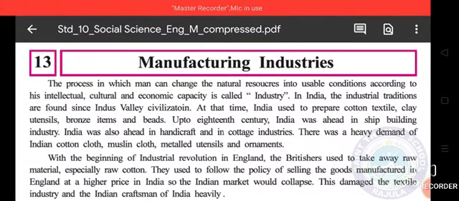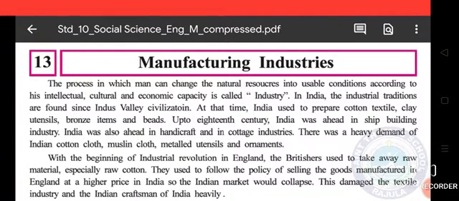Up to the 18th century, India was ahead in the shipbuilding industry. So the shipbuilding industry was also established. India was also ahead in handicraft and cottage industries. There was a heavy demand for Indian cotton cloth, muslin cloth, metal utensils and ornaments. So that is why industries are important for our country, because all these things were in great demand